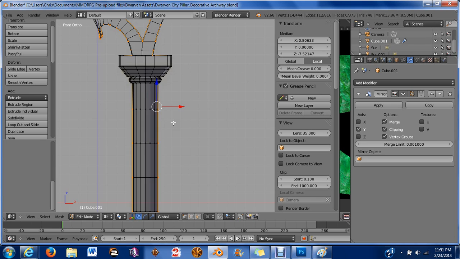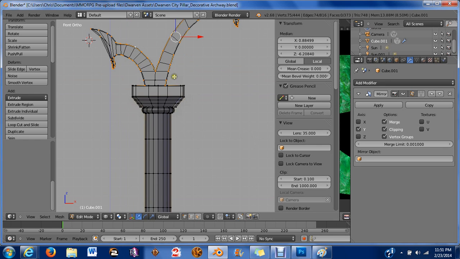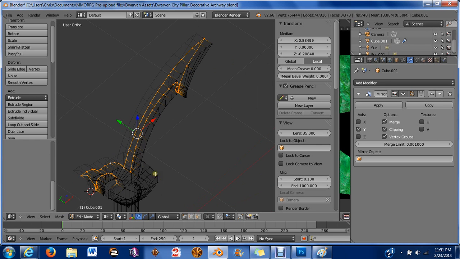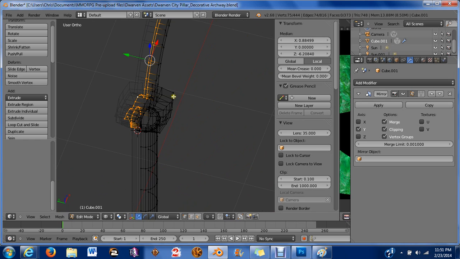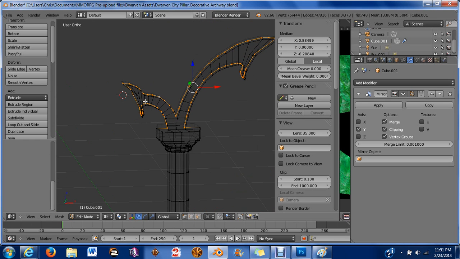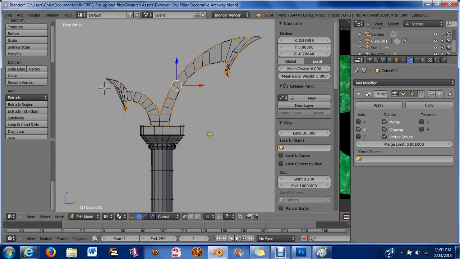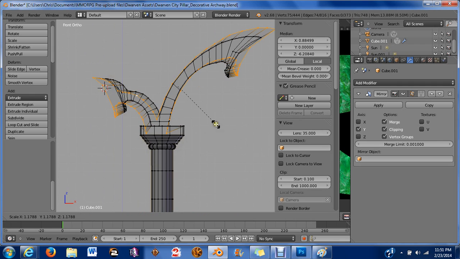You want to be that way? Normally this trick works, where you just get rid of some of the vertices in the line. You can select or deselect the line that you don't need, but it wants to be a pain in the ass. So, alright, now we're going to scale